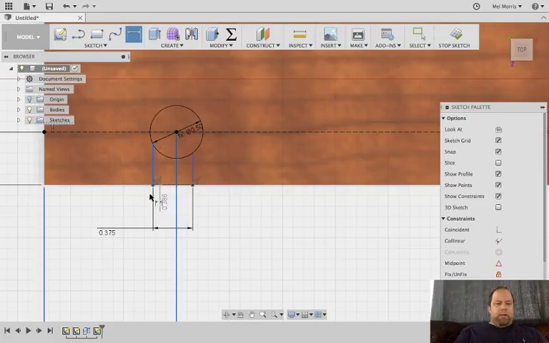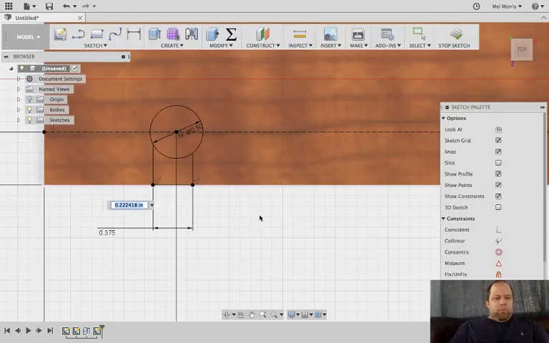No, I don't want that. Give me the other one. Dimension. Dimension. This line to this line. No. Now it's being fussy. Let's select this line first. It's not wanting me to do it. Dimension, let's go to the center of the hole. There we go. So whatever that is,